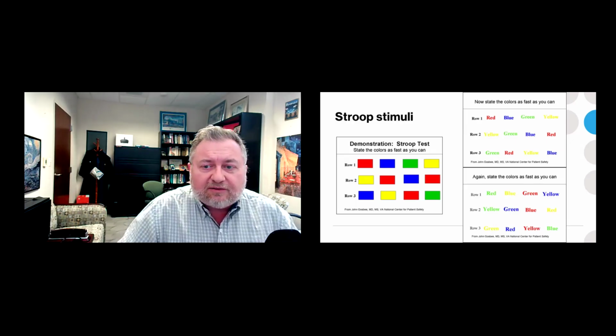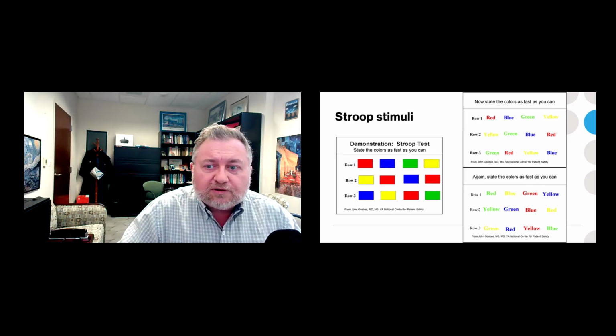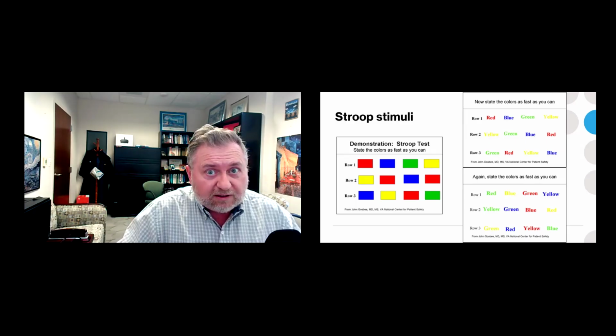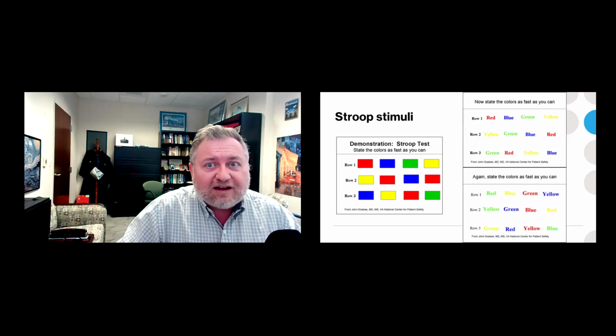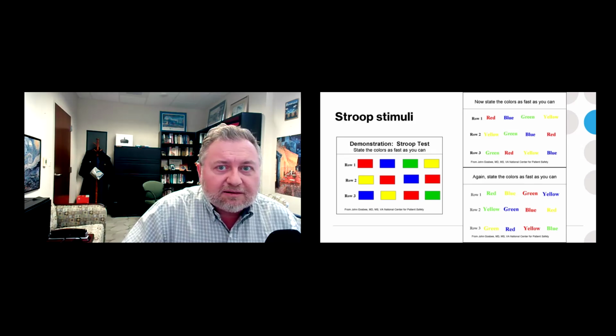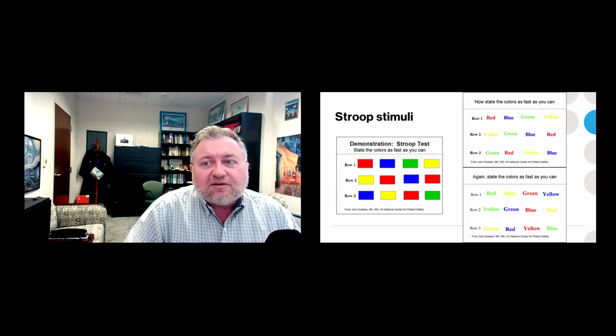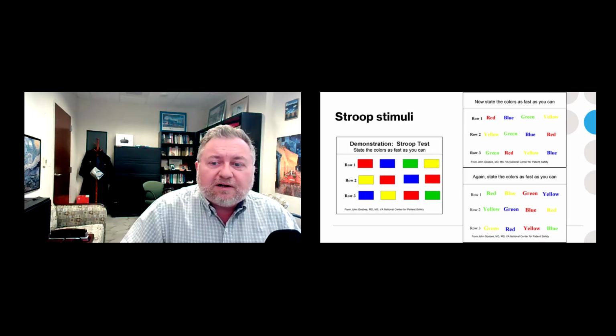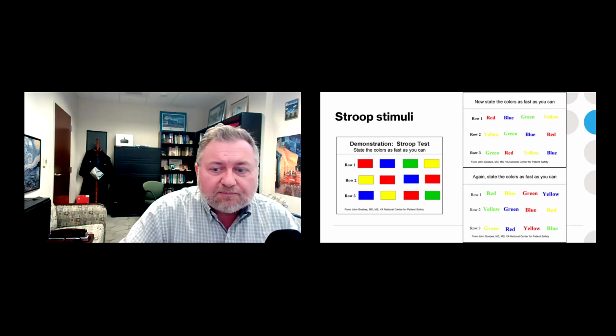And so the idea is that the alignment of the words that we are reading, which remember, word reading is automatic and it's fast and it's mandatory, right? So when I see the word red, it's just going to be like, oh yeah, mandatory reading the word red. And it's probably even more automatic than just naming a box that's colored red, right? So that speeds us up. And so we're actually faster in the congruent condition compared to the baseline version.